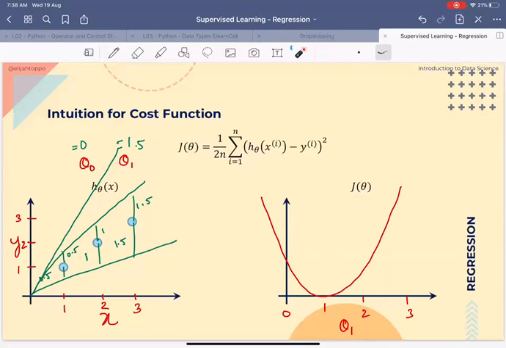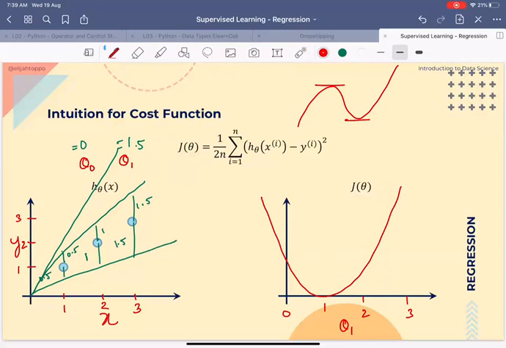Okay. So the idea is, if I want to find the minimum of a curve, I can differentiate this with respect to theta, equate that to 0, and solve for it. The value of theta that gives me the derivative of J theta equal to 0 is the value that will minimize this curve. Okay? We may have done this, right? If I have an equation, what is the minima? So we find the extreme points, then we do double differentiation and find out which is the maxima, which is the minima, and so on.